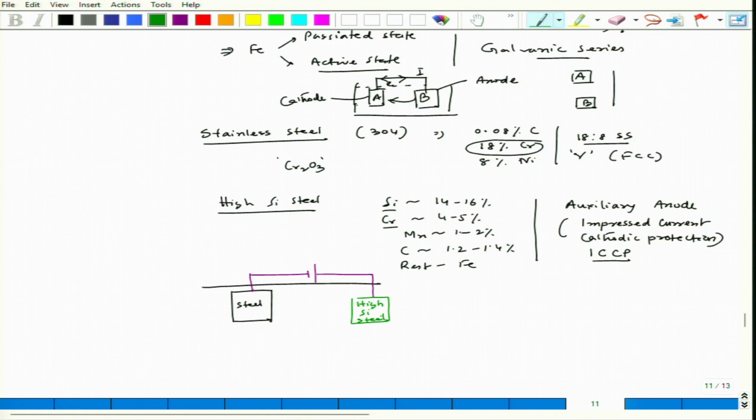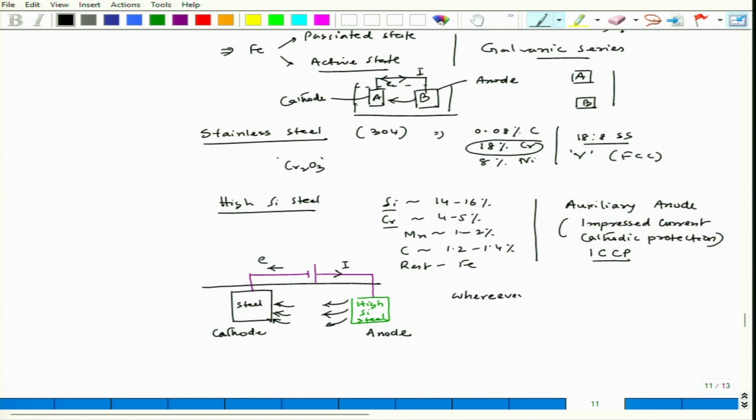Now, the electron will flow this way, so this would become the cathode, and in any electrochemical cell, if something is cathode, it goes into a protection mode. Current will flow this way, and the current will come out from this. This will be anode, and then current will enter into this. As per the cathodic protection principle,